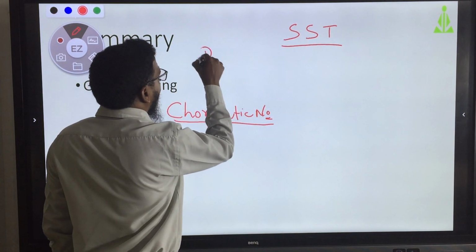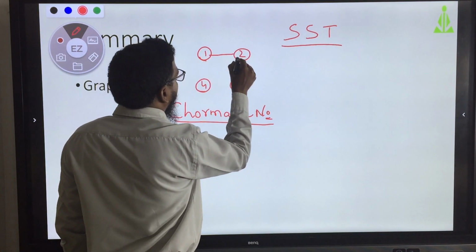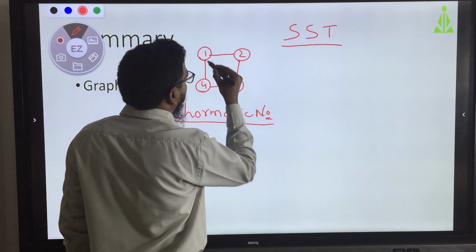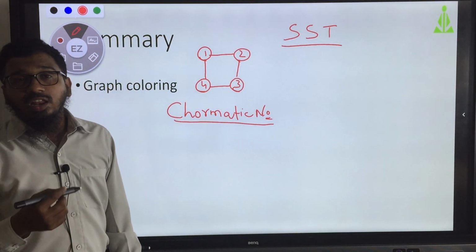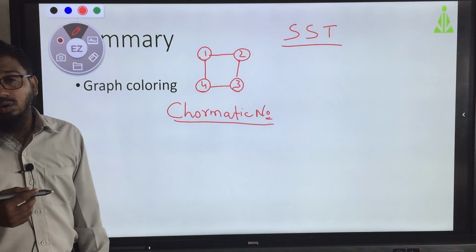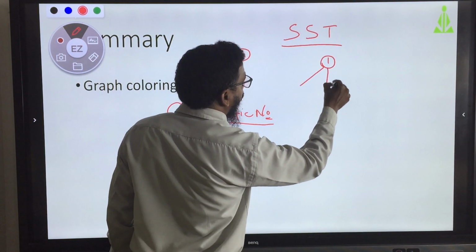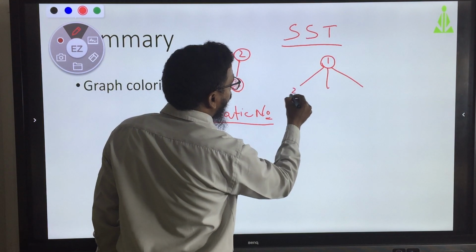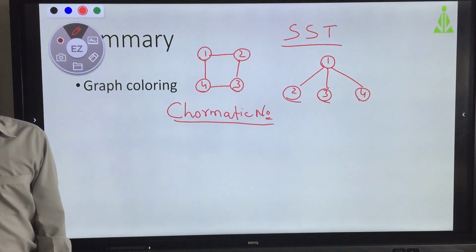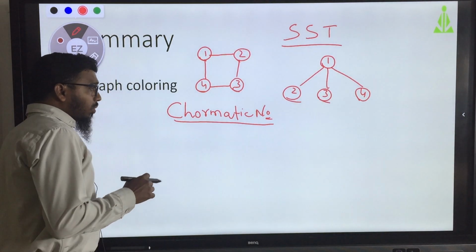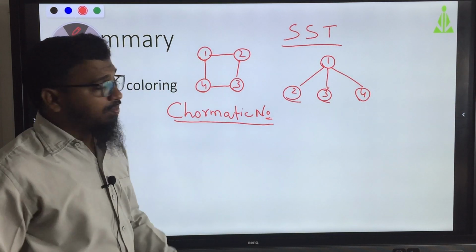Now, if we see the state space tree, I will show you simply. Take the same example, 1, 2, 3, 4. These are all connected. For this, we need to give the state space tree. So select any one of these as the root node. I am selecting 1, then 2, 3, 4. So here from 2, how many possibilities are there?